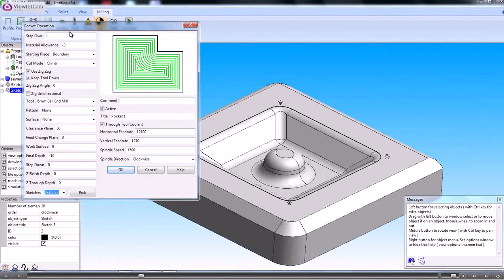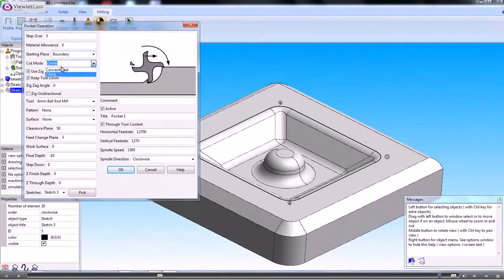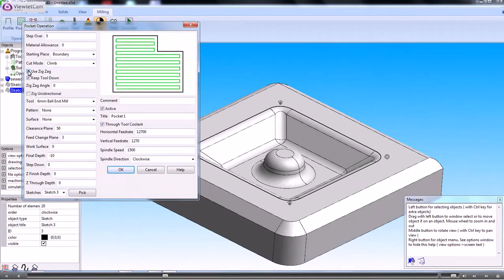So what this does, when we open the pocketing or the profile operations, it remembers all the parameters and values that we entered on a previous job. So let's set the step over to say 5mm and the material allowance will be 0. The starting place can be at the boundary or it can be at the center. So if we work out from the center or the boundary, we'll start boundary this time. We can either climb or conventional mill. So normally you'd want to climb mill, and we can either use zigzag style or we can use contour style. So we'll use zigzag style for the roughing,